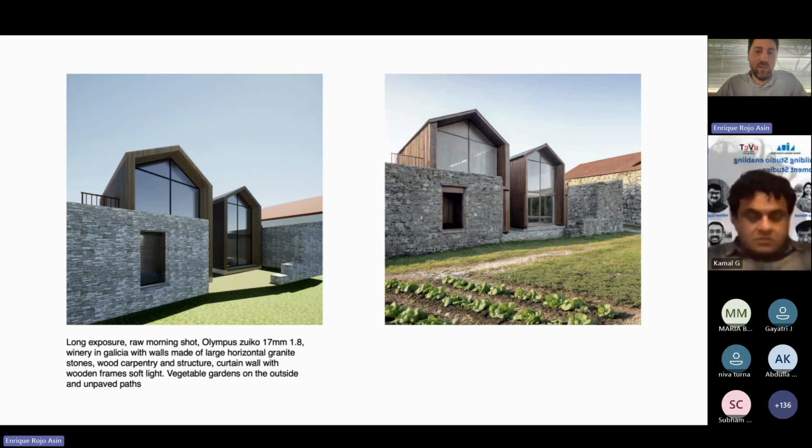Once again, with the sky, the light, the materials, the surroundings, it's everything, a much better image compared to the original one. It's improved.